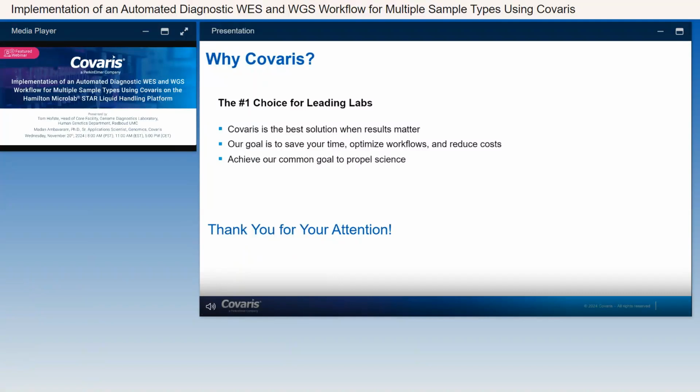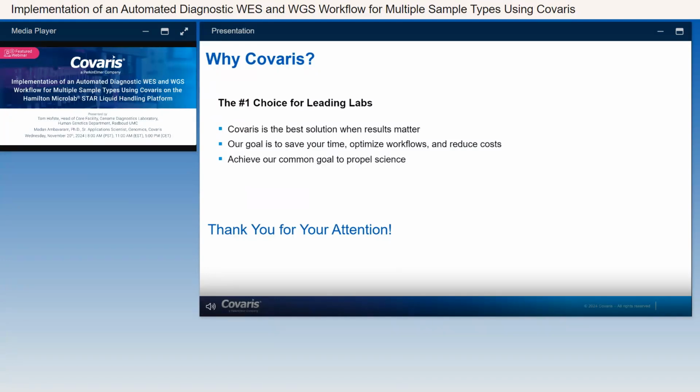In summary, why choose Covaris? Covaris has long set the gold standard in DNA shearing. Our technology is recognized across the market for its superior capabilities in sample and library preparation, as well as DNA and RNA fragmentation, which is an essential element for reliable NGS workflows where precise results matter. Our solutions